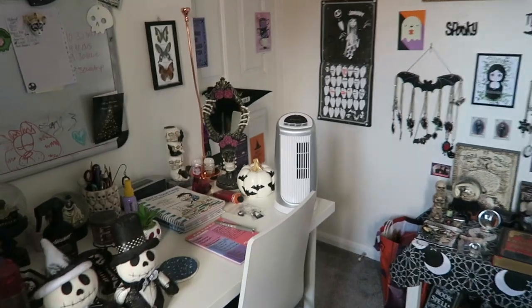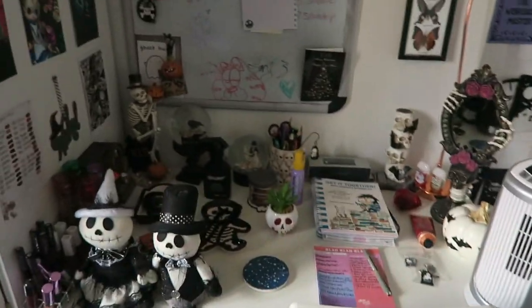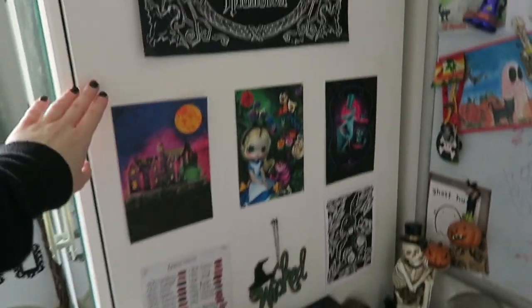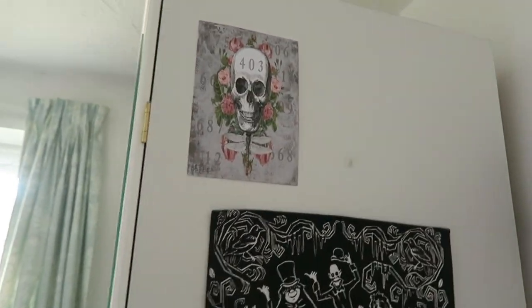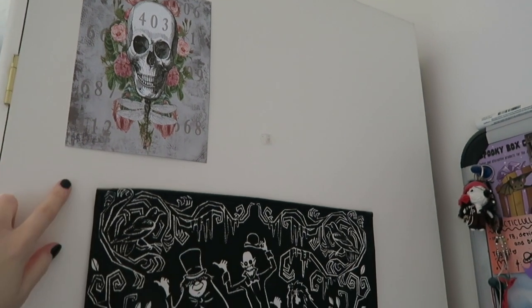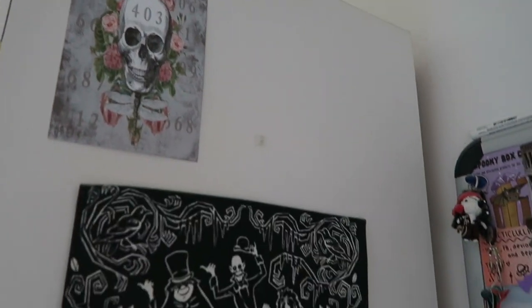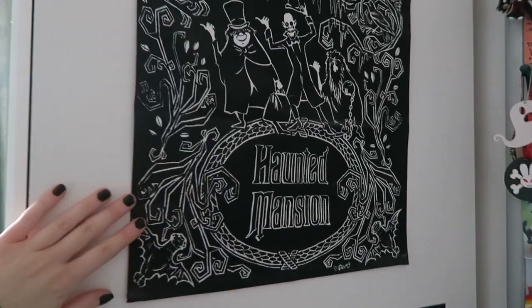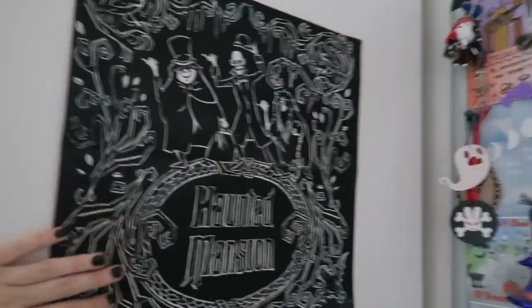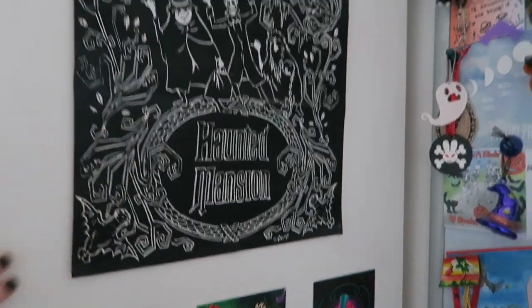The last area is my desk. I mean, it's kind of on my wardrobe, but I just have this Victorian skull print I put in one of my subscription boxes that I really liked, so I kept one for myself. I got a Haunted Mansion tea towel, but honestly this is way too nice to use as a tea towel, so I just have it up as a kind of fabric